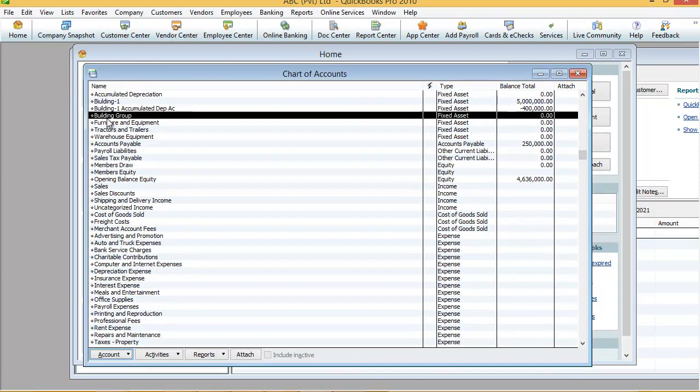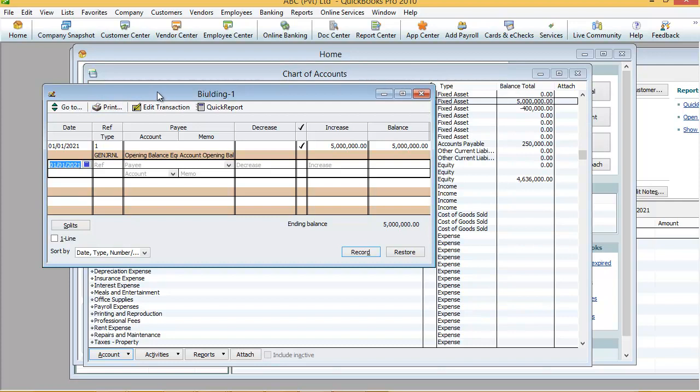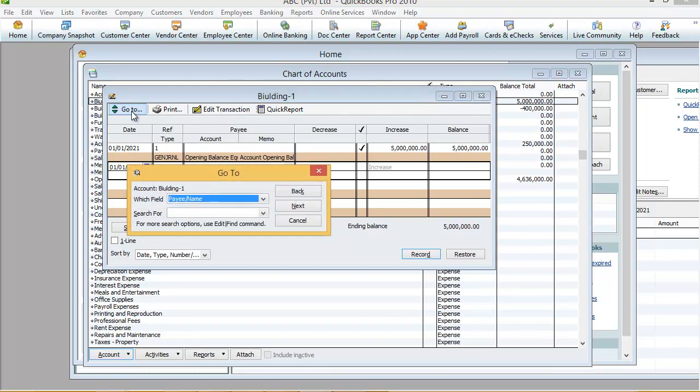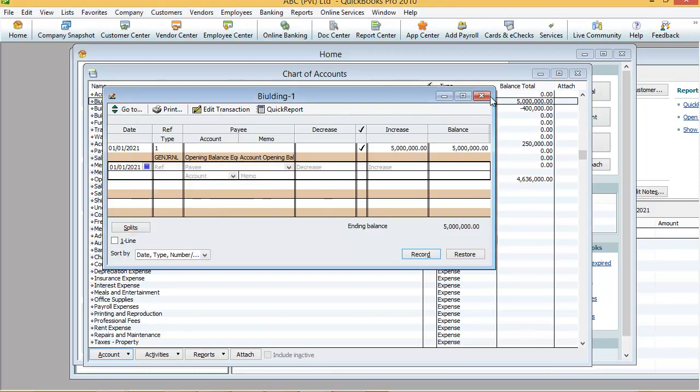It is listed under this chart of accounts, and then finally, how are we going to make building 1 and the building 1 accumulated account fall under the group heading? So we have to double click this building account, right, or else we can go to click next,